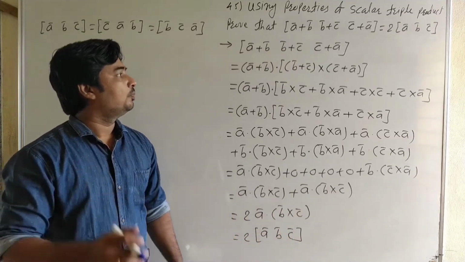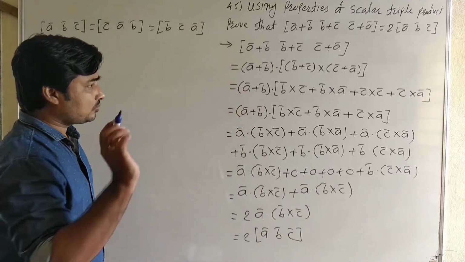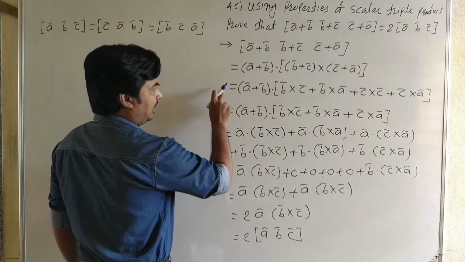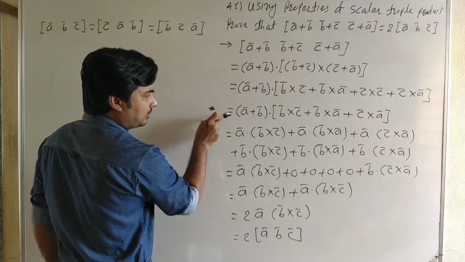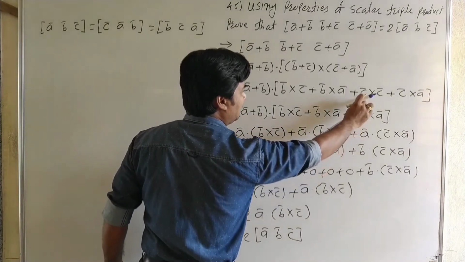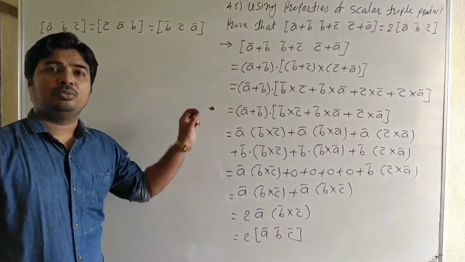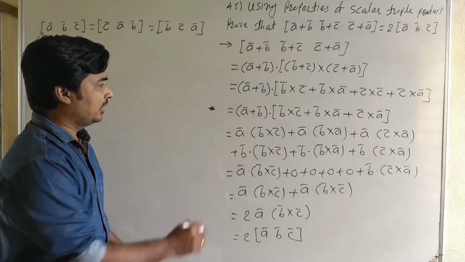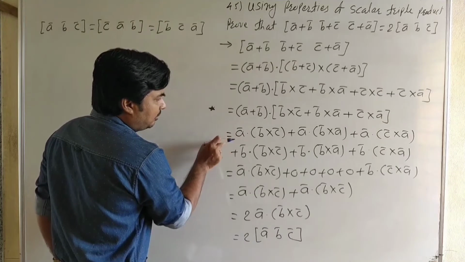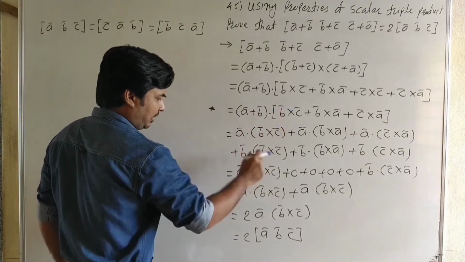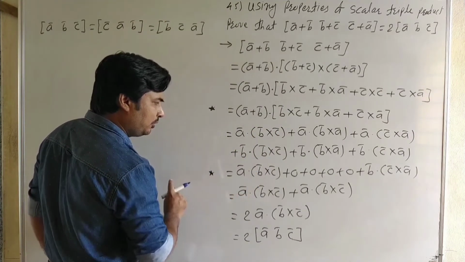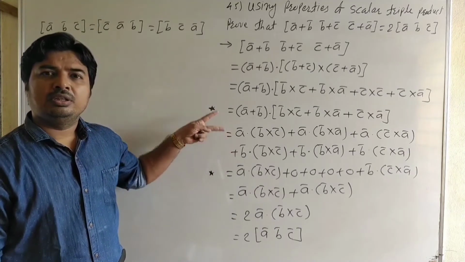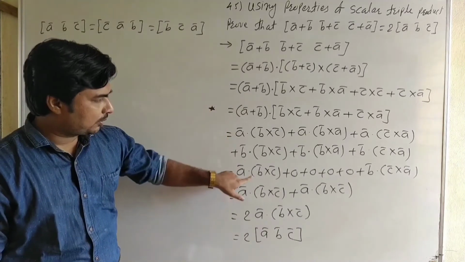2 into the box product. Now, see carefully. We use the properties here. From this step we can write this step. In this step the term cancels because we use the property of vector product: if two vectors are the same, then the cross product is 0. Then in this step take a simple multiplication. Now in this step again we use a property. Which property? If two vectors are equal in the scalar triple product, then the triple product is 0.